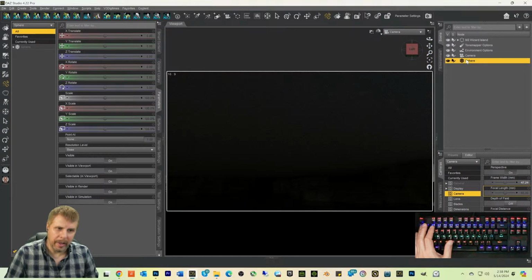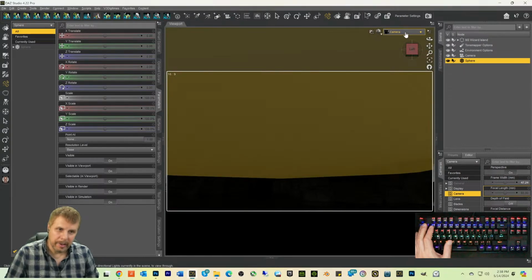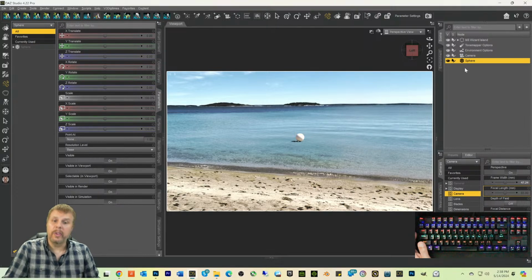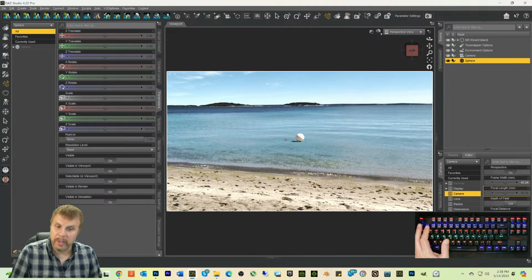Okay, that's a large sphere. Let's go to perspective. With this you have to actually move it and do all this stuff. I guess it's not that bad. But let's now move it